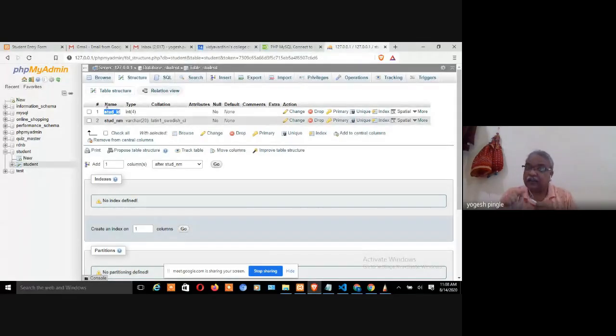Integrity constraints, that also we have seen in your database. Let's say I am having this particular table, and I am having one more table called teacher, with teacher ID and stud ID. Here stud ID is the primary key, and in the teacher table it is a foreign key. The same thing is going to happen while deleting a record. If I delete a record in student, it will not allow me, because this key is already bound with a different table because of the primary and foreign key. So this may happen, and I cannot manage everything.